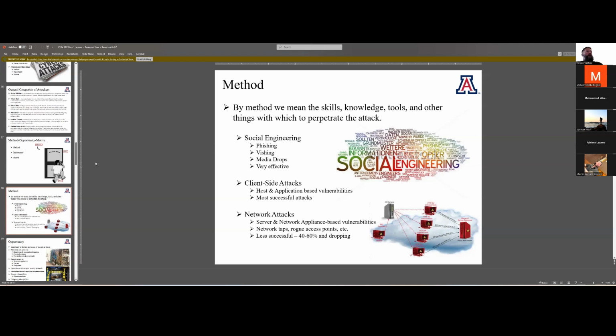All right, so let's talk about method. The method by which these people are able to execute their attacks, right? So we have social engineering, which is by far the most effective. Inside of social engineering, there's a lot of different techniques that can be leveraged. We have phishing, which is the random email that hits your inbox that says, "Hey, I'm a Nigerian prince. We're related. Please send me $500." It's like a shot in the dark. You'd be absolutely amazed at how effective they are, though.